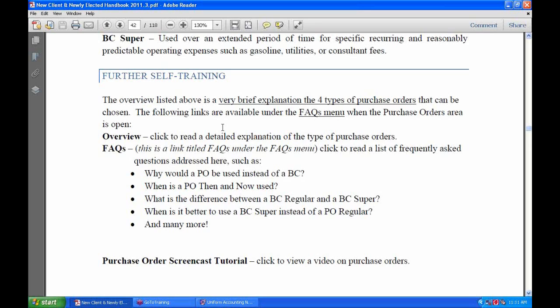And a common question we get in the live classrooms or on the support line is, which type should I use for specific